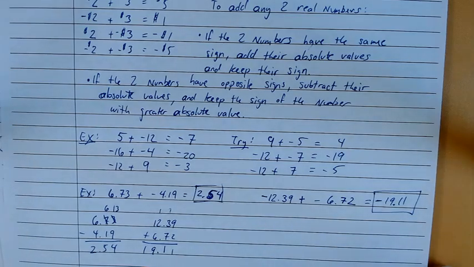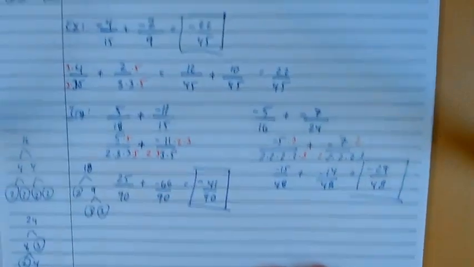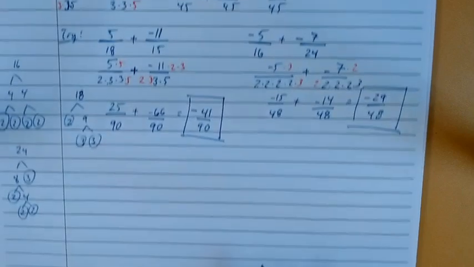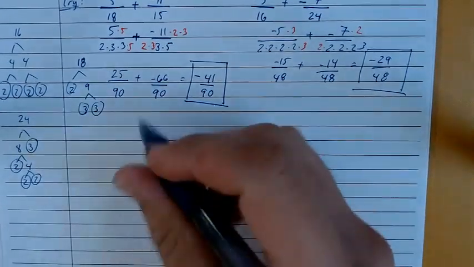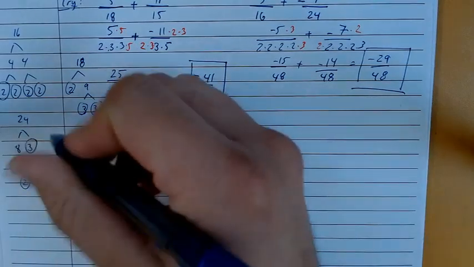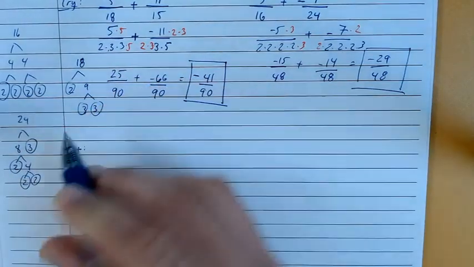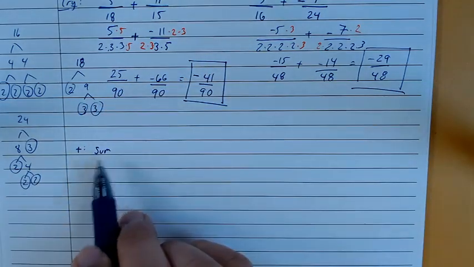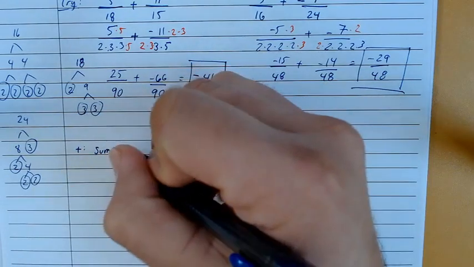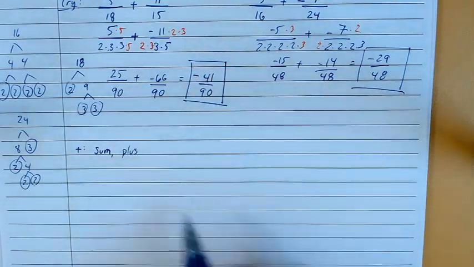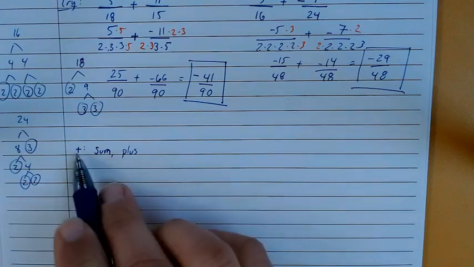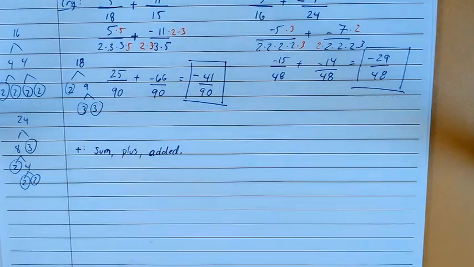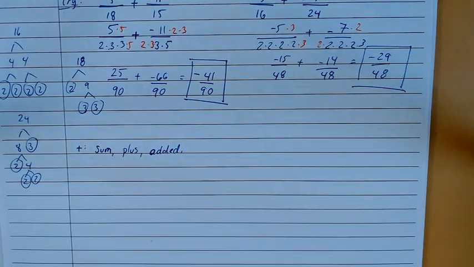Now, occasionally in problems, you will have instances where the addition is not written symbolically, but it's stated in words. There are a few words that tip you off that you are dealing with this. You're dealing with this anytime you have the words sum. The sum of two numbers means you've added the numbers together. Anytime you see the word plus, 7 plus 5, that means you're doing this together. You could say add or added, and again, you're putting things together. So for example,